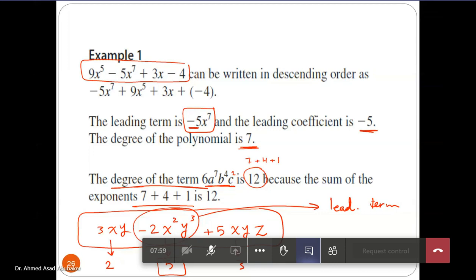And the leading coefficient equals negative 2. The degree of polynomial equals 5. This is the largest degree of terms. Okay,